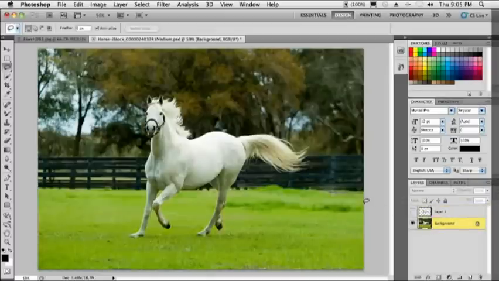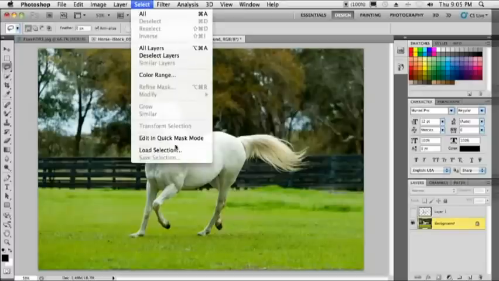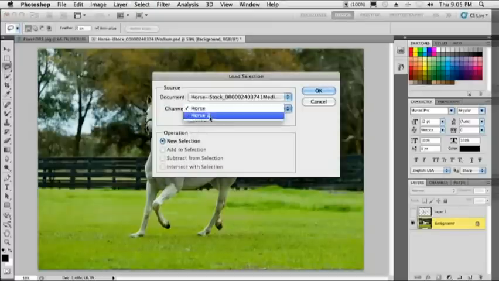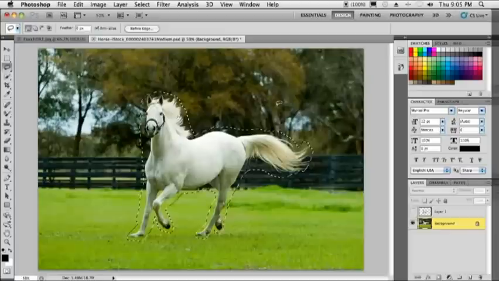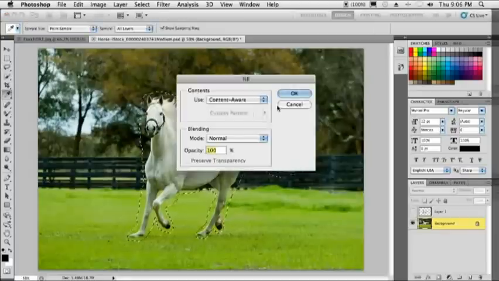We'll go to the background because we still need to get rid of the old horse, since we've got a new one now. So let's do that by grabbing our select feature again. We'll load in another selection. This time we're going to load in one that's a little bit more liberal, and it kind of picks up everything around the horse, including some of the area or detail of the background. But now I can just simply hit my delete key, and that will bring up the brand new content